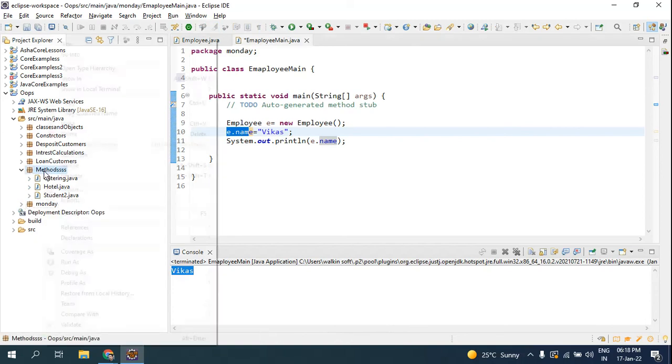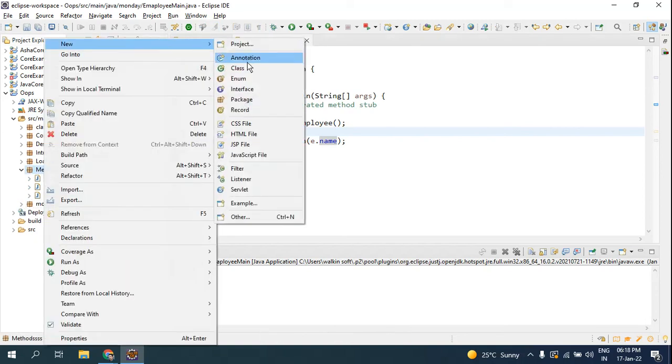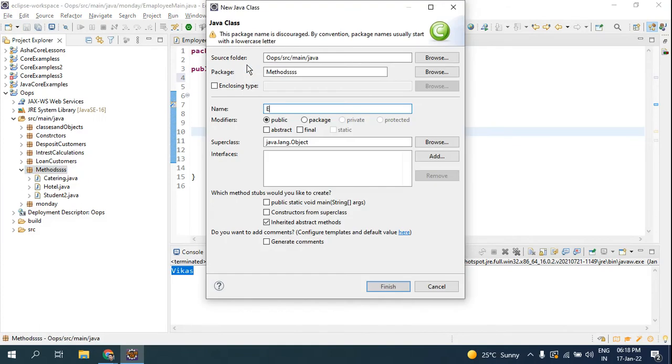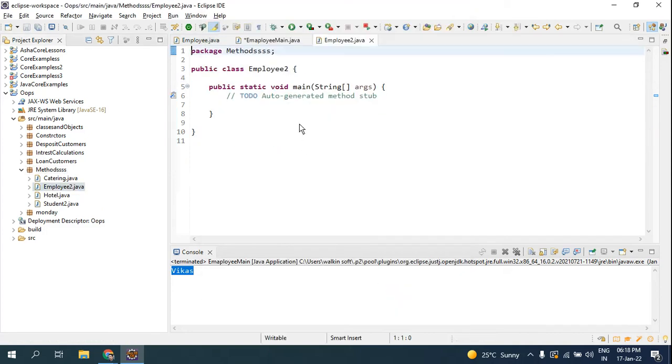Now in the methods package I am going to create a new class, employee 2, and have a main method here, and I'm going to create an object employee.